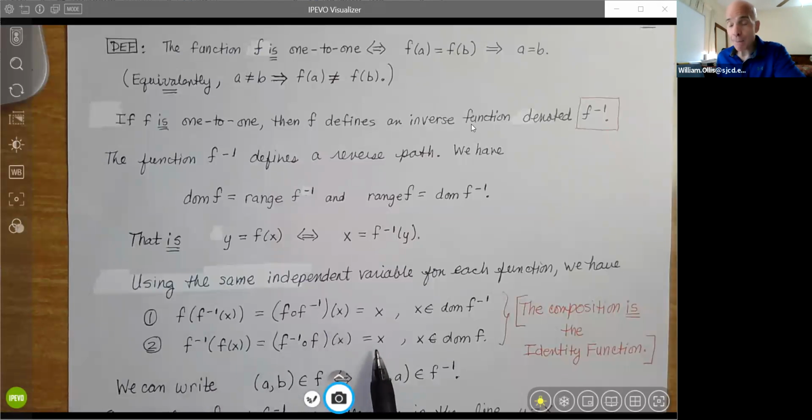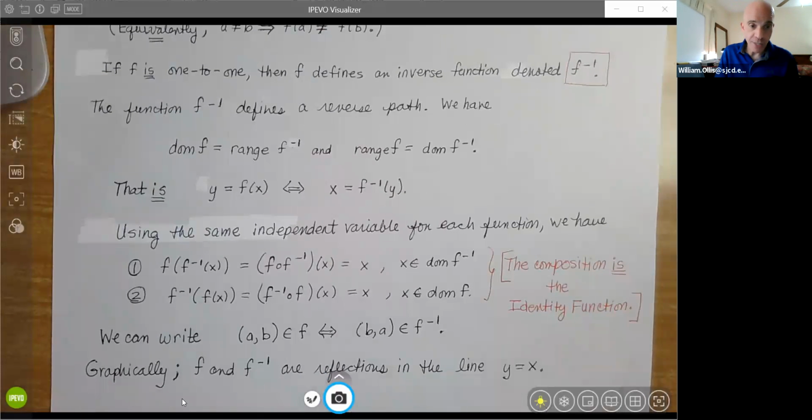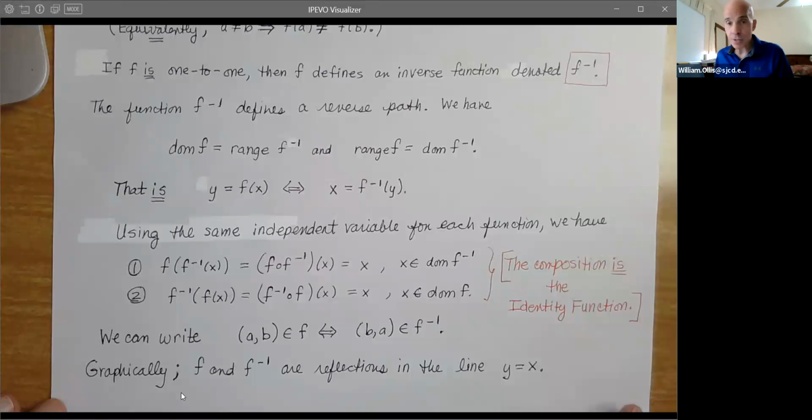The input equals the output, where again, in this case, X would be in the domain. So what we're seeing here is that the composition in these cases is the identity function. Input equals output. The function F of X equals X, that is Y equals X, is the identity function. Input equals output. So this basically showcases a situation where it may be convenient to use the same independent variable. Now, another reason for that, and we will do this when we talk about some of our examples shortly in the next couple of examples,